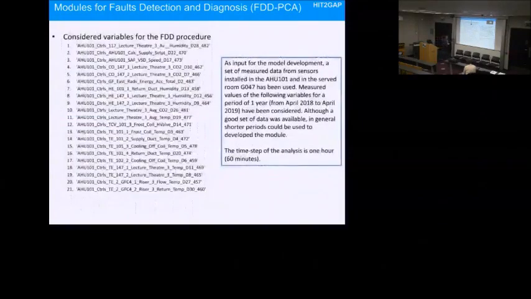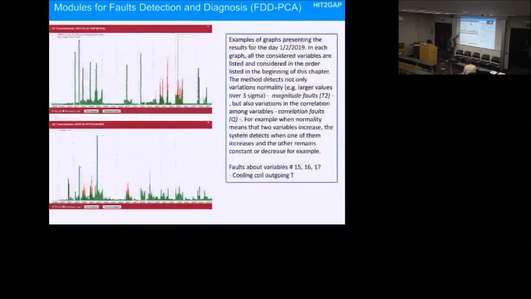We see these 21 variables, and here we have 1 column for each variable. For example, we see there are red bars, and those red bars represent detected faults. In this case, this is the simulation for the 1st February 2019, and the software detected some faults in the variables related to the temperature after the cooling coil